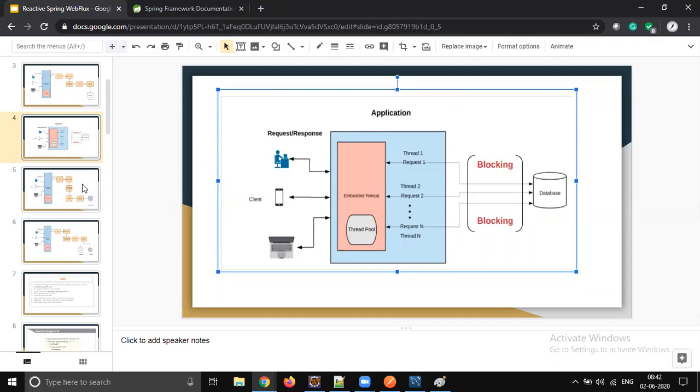There are a few confusions with respect to this reactive programming, and there are so many frameworks and libraries available. If you are writing microservices using Spring, what is the learning curve, what is the learning path, what library are you going to learn, how many libraries are there, what is the naming convention, and how is the data going to be manipulated in this reactive programming, right?